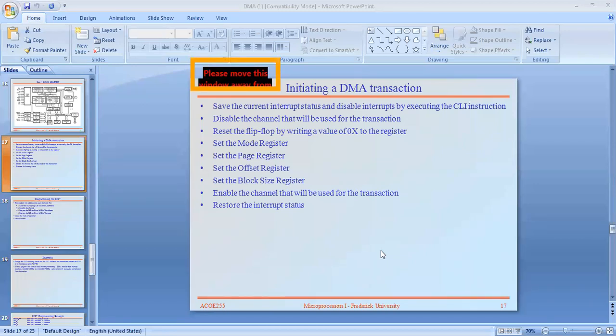During the initialization of the DMA transaction, save the current interrupt status and disable the interrupts by executing the CLI instruction.